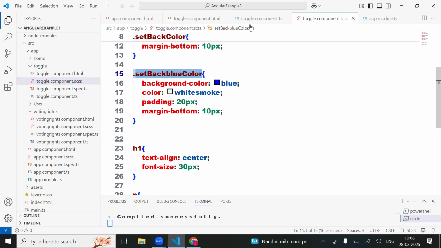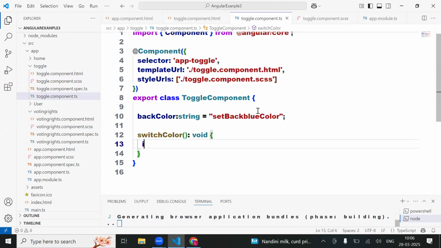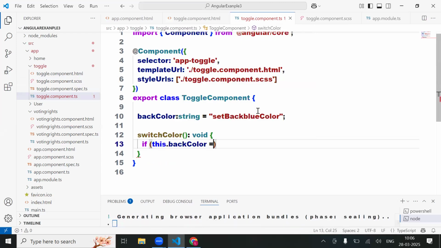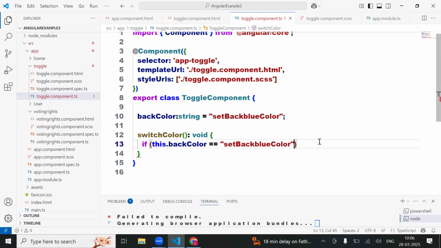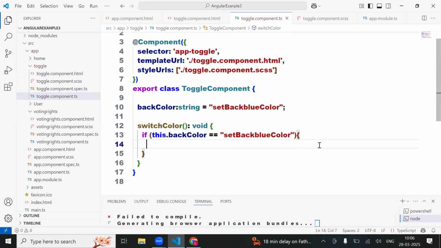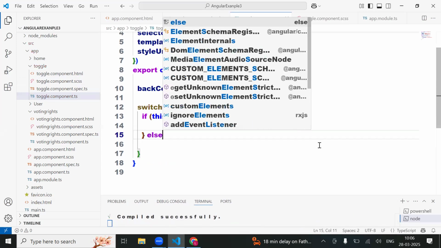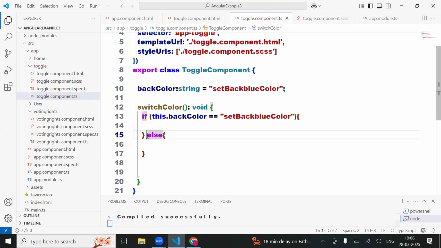Now, here I'm going to write a condition like this. If back color equal to this, then... okay, if back color equal to this, then what I need to do,